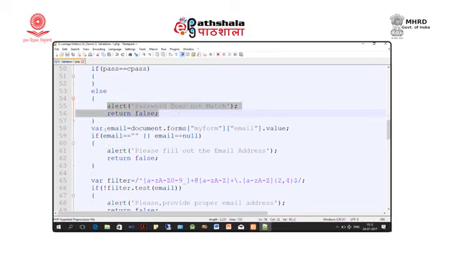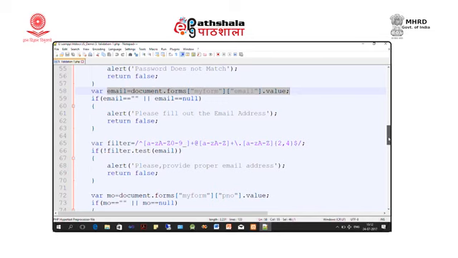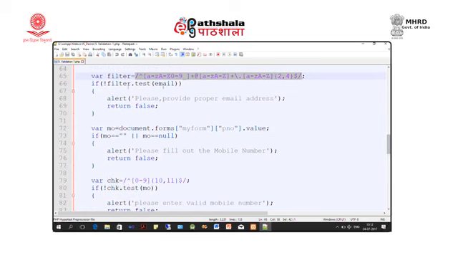And inside email we take the email of the user. If it is null, we say user please fill out the email address. Here I write a filter for email address, which is nothing but a regular expression that we discussed earlier, and we test whether the email passes this filter.